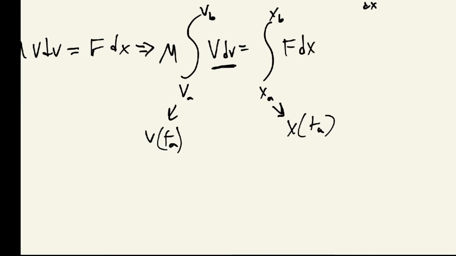By the way, just to reiterate, we're working in one dimension here. That's why we're not dealing with vectors. But this statement over here, v dv, is the same thing as saying that